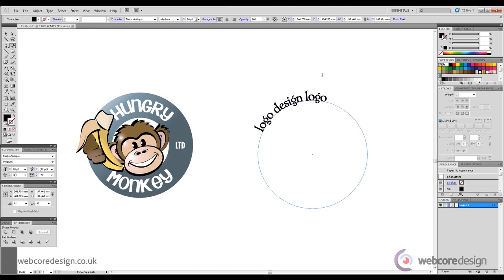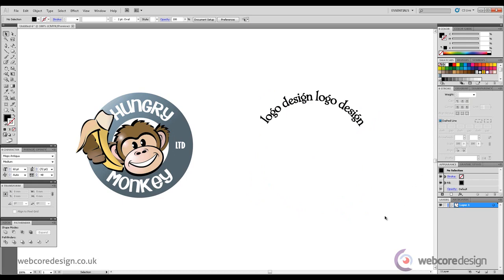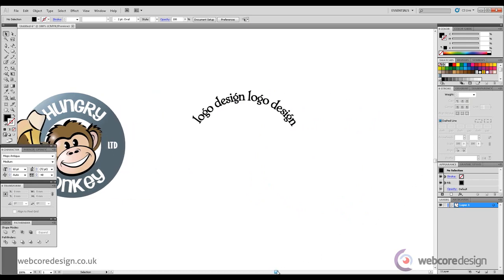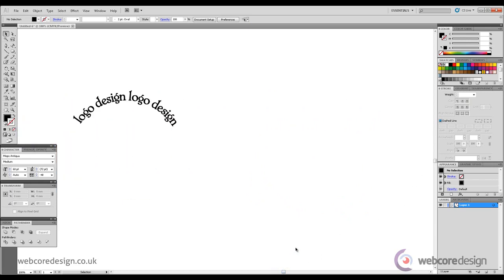And type in logo design twice just to give it a longer sentence. And we'll just align that roughly for the sake of the example, and we'll move across, because in the next instance we want to type at the bottom. However, if we do this,